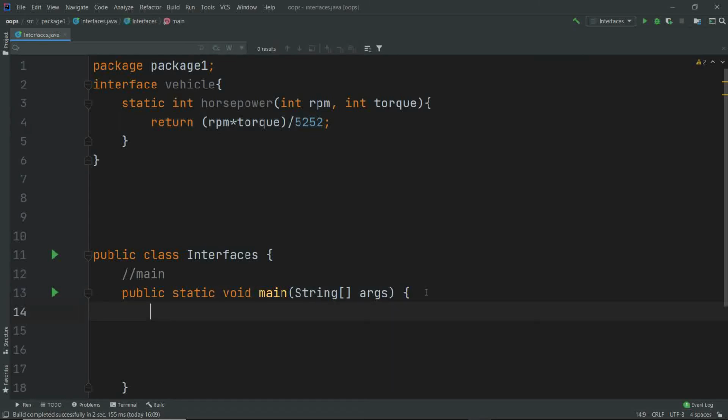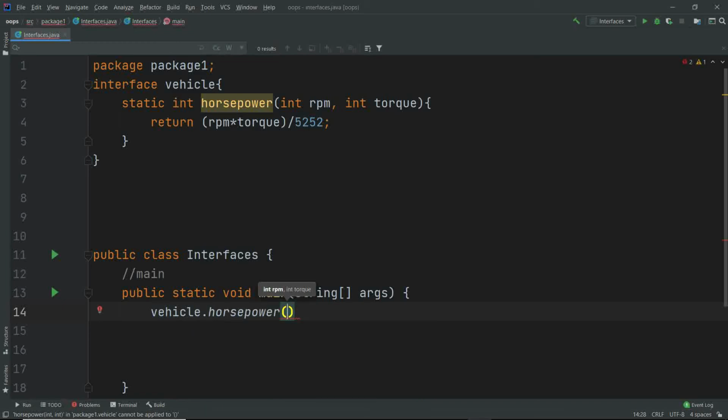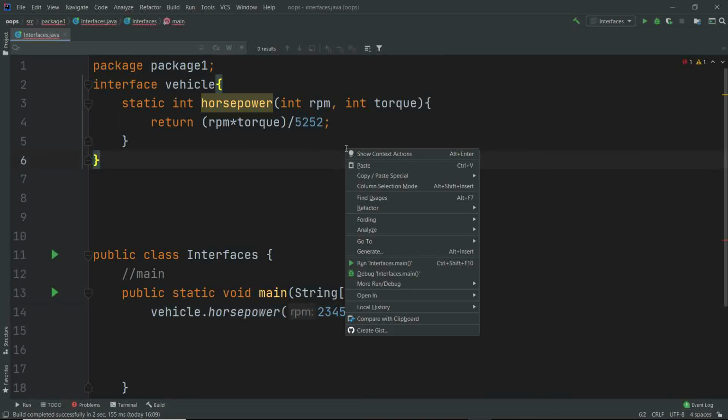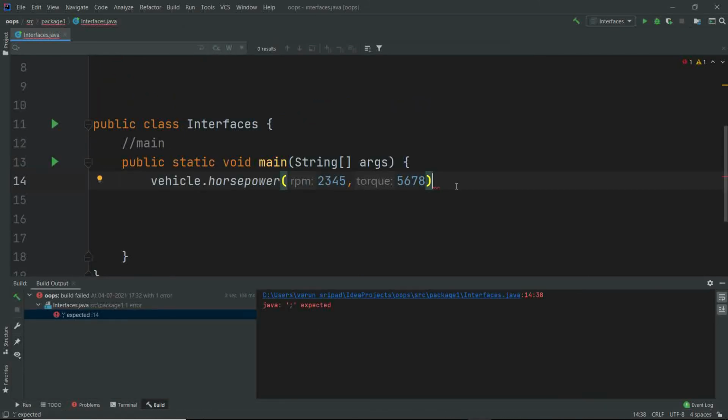Now, if we go to the main method, vehicle. I think I've told this before. If you watch the static keyword video, you'll come to know that you need not create an object in order to access a static method. You can directly access it through a class name, or here you can access it through the interface name. So vehicle.horsepower, let's give the values 2, 3, 4, 5, and I'm just giving some random values 5, 6, 7, 8. No car or vehicle is going to have this much horsepower. So we need to put this semicolon here, and if you run this program,